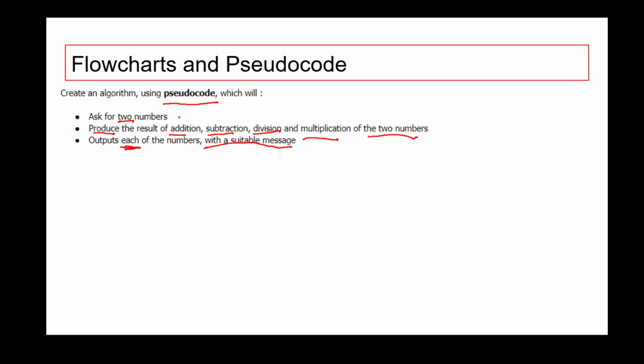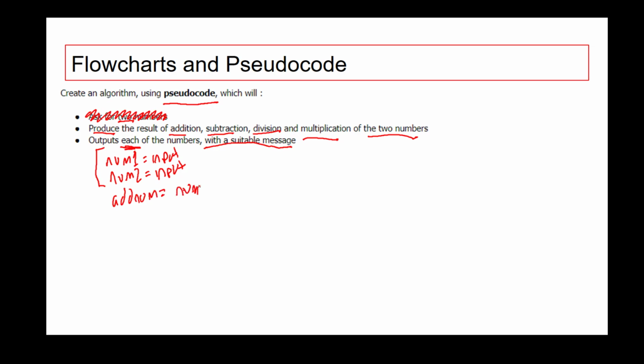So the key things to remember here is that we've got to ask for 2 numbers. So once again, we're going to go num1 equals input, and we're going to go for num2 equals input. So even if you don't know how to do the rest of it, you're still going to pick up a mark just by doing this section here. So what we need to do now is produce the result of the addition, subtraction, division, multiplication of the two numbers. So I'm going to just call it addNum